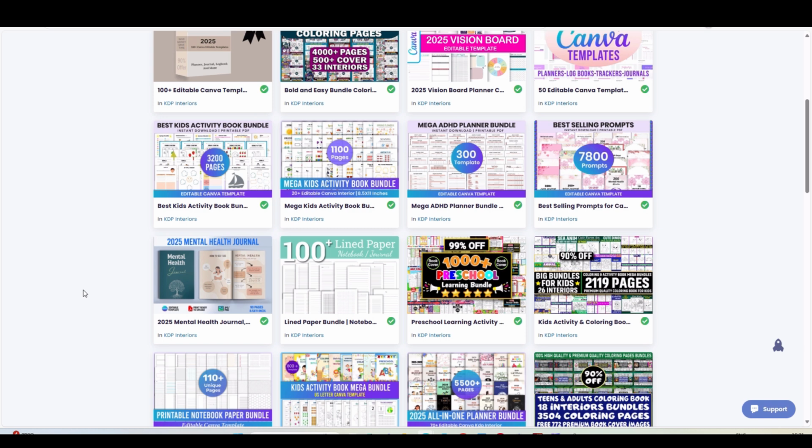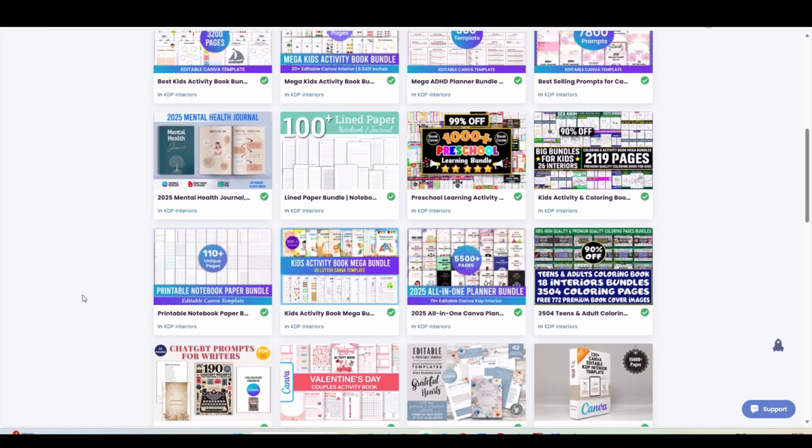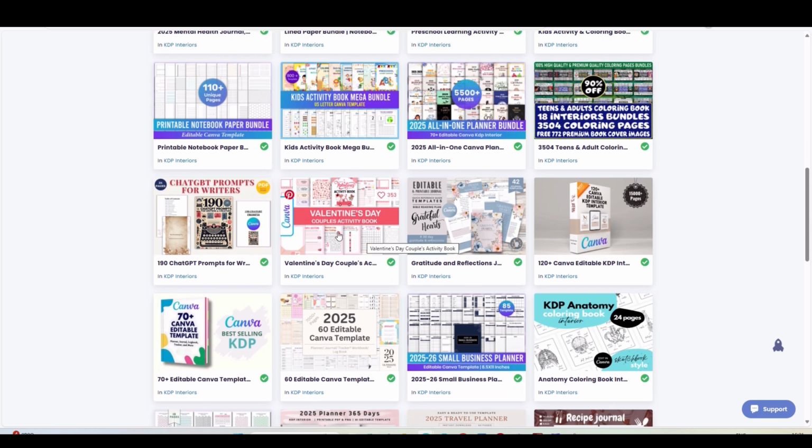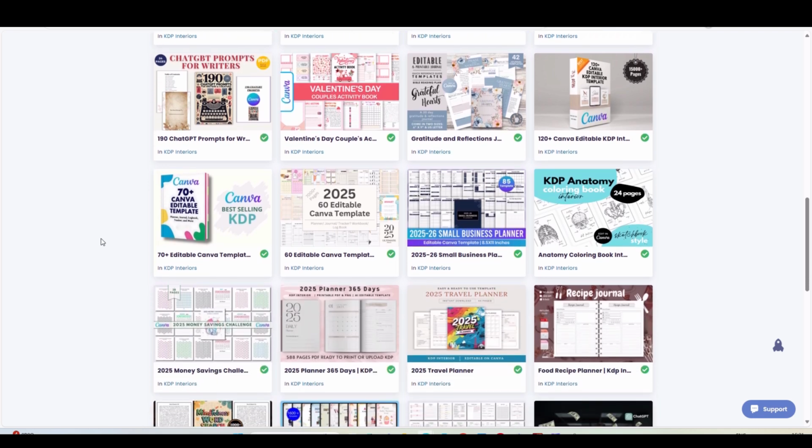You get line journals, activity books, word searches, colouring in pages, Valentine's Day activity books. Whatever niche you can think of, you can get it on Creative Fabrica, and you can get 10 for free. Now this is a fine way to start if you want to just add books to your library. You can also edit them in some cases,